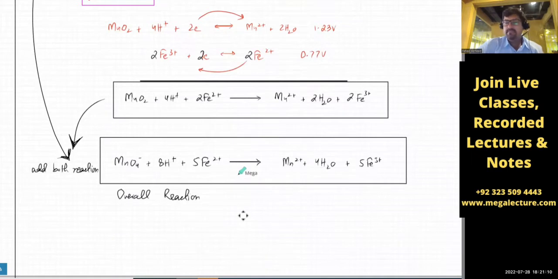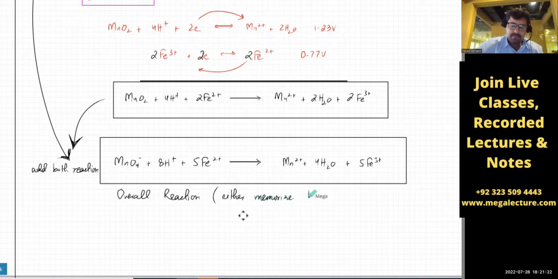So you've got 2 options. Either memorize this equation, because imagine doing all of this in your exam. You can either memorize this, or the second option is